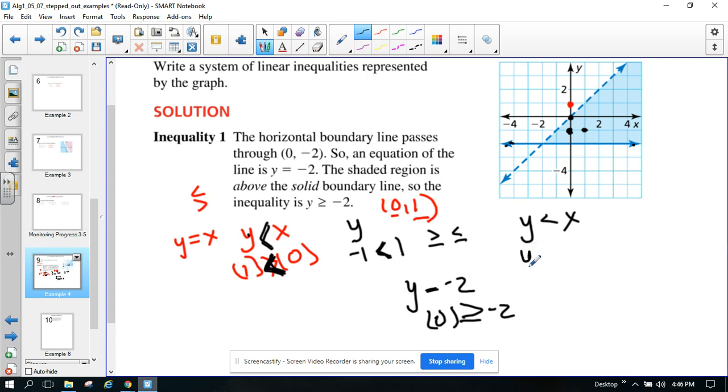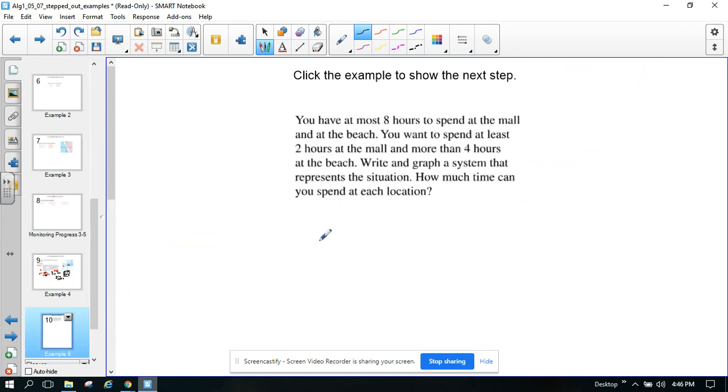So it's going to be y is greater than or equal to -2. There's my system of linear inequalities that I can write given the graph. So given the graph, I can write a system. Here's an example